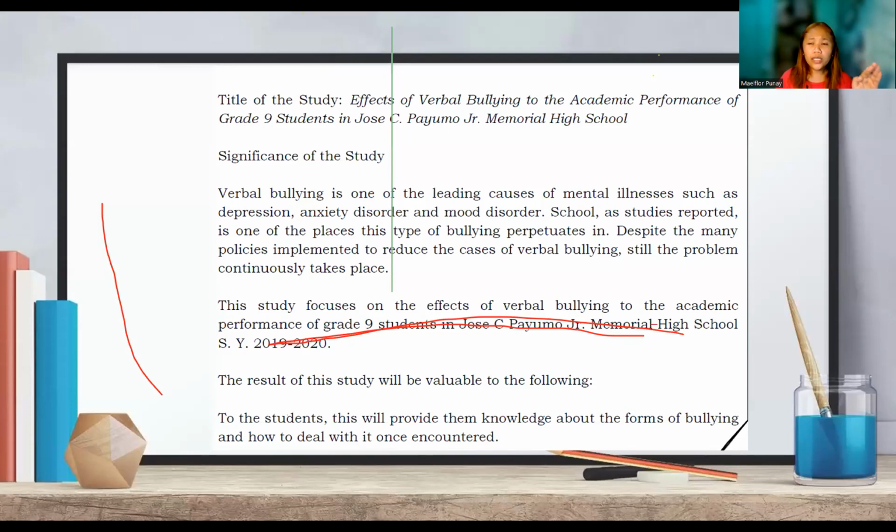In your case, pwede ra gyud diretso ang first nga paragraph is, this study focuses on the effects of verbal bullying to the academic performance of grade 9 students in Jose C. Payomo Junior Memorial High School, school year 2019-2020. So the result of the study,